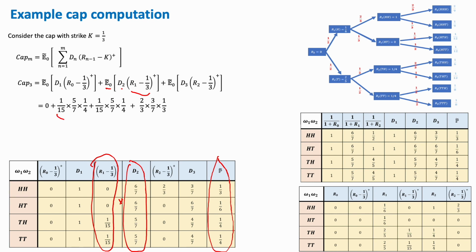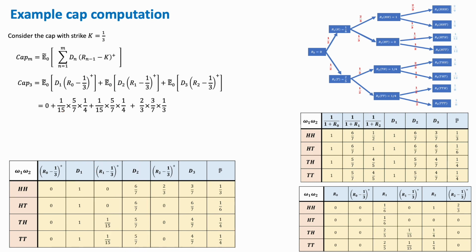And that's what we have here essentially. So this first expression here, you wonder where this 1/15 is coming from. This 1/15 is coming from here, right? 5/7 is coming from the second element that we're multiplying it by, and the last element 1/4 is coming from the probability. And we do the same thing for the second one. We're just taking this guy multiplied by this guy multiplied by this guy,